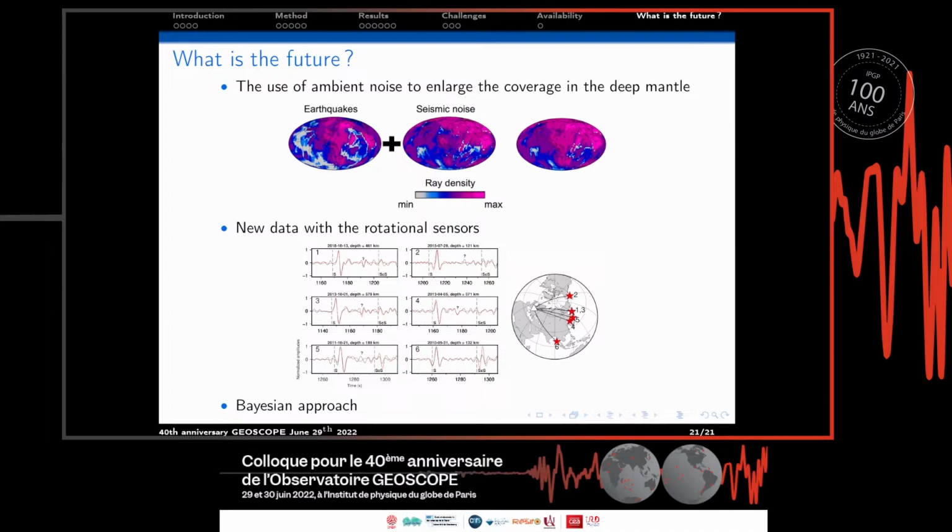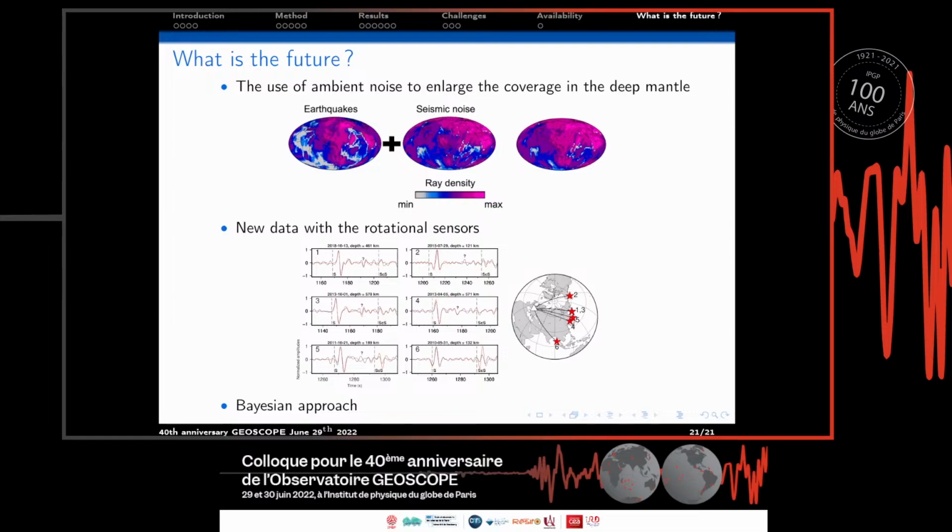So you can be in a situation where your station is like a virtual source and is recorded at the other station. This is very nice because you can have a new coverage of the mantle, since you use only stations. And there are regions of the mantle that could maybe easily be covered by this kind of data. But I know that it's also difficult to produce this kind of data, but it could be a good opportunity